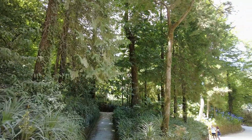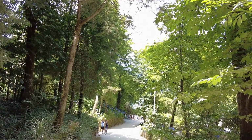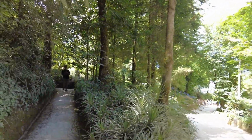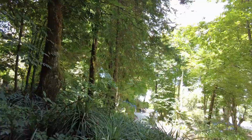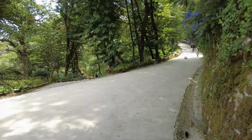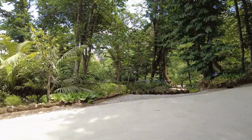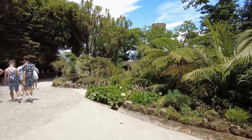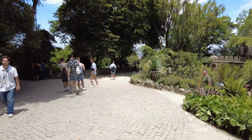Just, in my opinion, there's another group coming that way. Just in my opinion, it keeps being very busy. And the images that very often are seen online really don't represent the reality we face over here. I see a lot of people over here trying to find their way, following some of the maps, but in fact what I really feel is that they miss a lot of what the place is all about